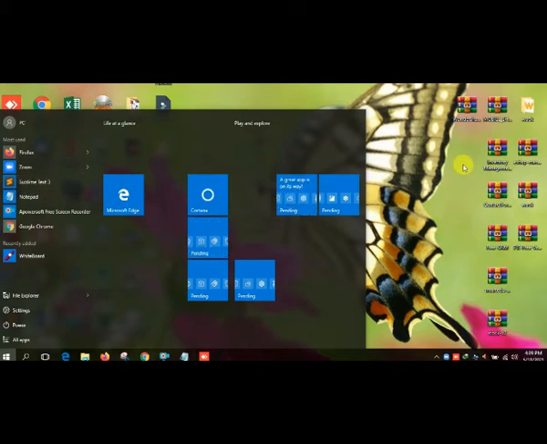Components of the taskbar: start button, you can see the start button. The start button is on the extreme left side of the taskbar. When a user left clicks on this option, it displays all the applications that are present in the computer. It basically helps the user to reach the desired location.